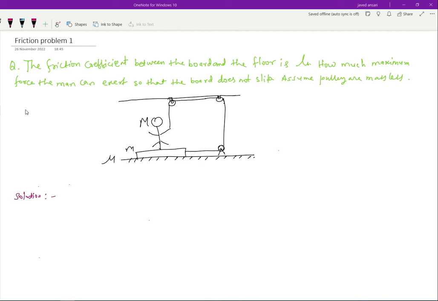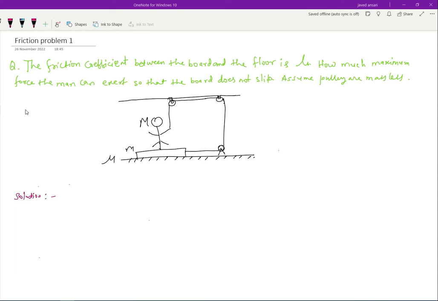Hello friends, I am back with a new problem today. So far, the problems I have taken were mostly without friction, right? In the Newton's laws of motion problems which we solved in the past, they were not having friction, their surfaces were smooth. I'm starting a new problem series where we are going to consider friction